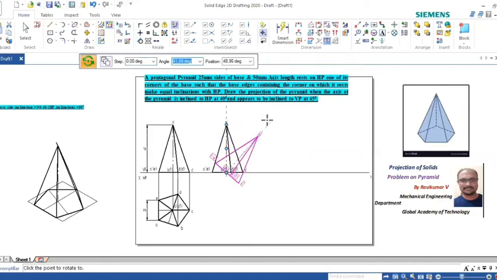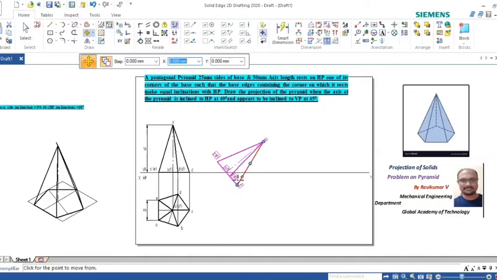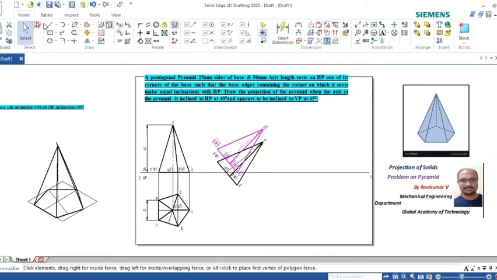Go here to position angle and make it 40 degrees. Select 40 degrees. Then go to move, select this corner and place it on XY.